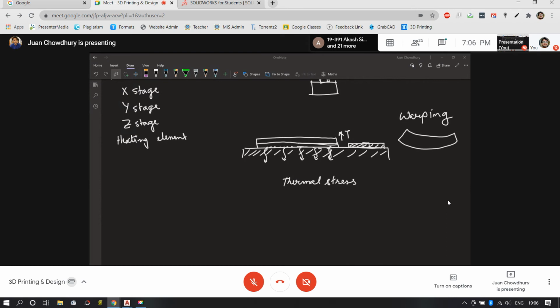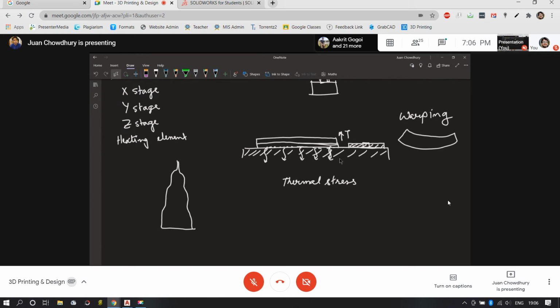How will we counter this problem? By keeping the bed contact area as low as possible. We might need to create more supports. We might need more printing time, but additionally, we have to go to this particular orientation so that our parts do not get damaged. Okay, just for example, if I want to print the model of the Empire State Building